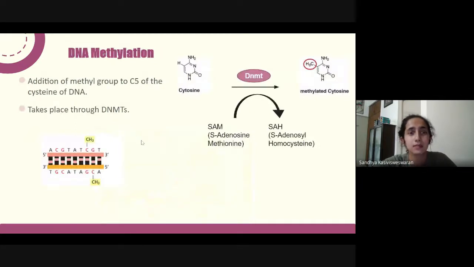So next comes one of the most important epigenetic changes, and this is DNA methylation. So here methylation happens, and the process is the same, but it happens to DNA. So it happens to your cytosine base specifically. We know that DNA has A, T, G, and C. So a methyl group is added again from SAM. It's added onto your cytosine here. As you can see, this is your methylated cytosine. Now, this is what DNA methylation is, and we'll get to the function a little later.